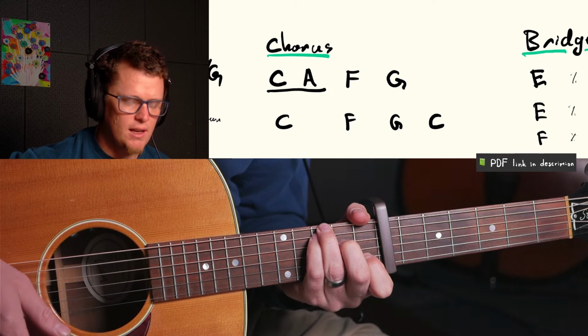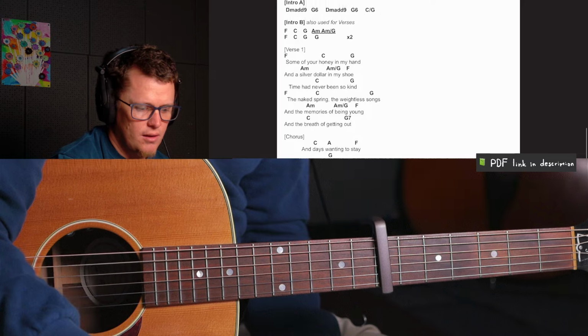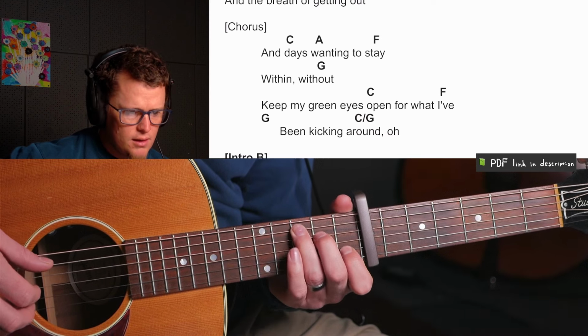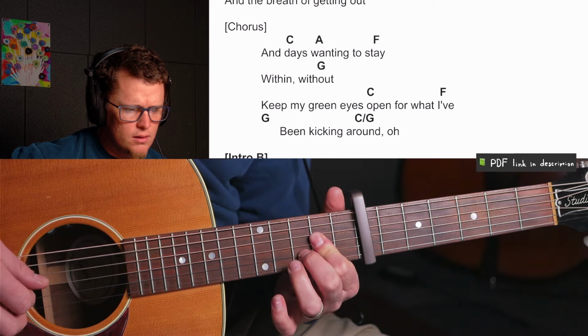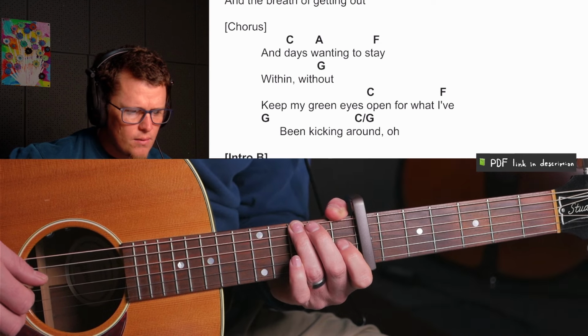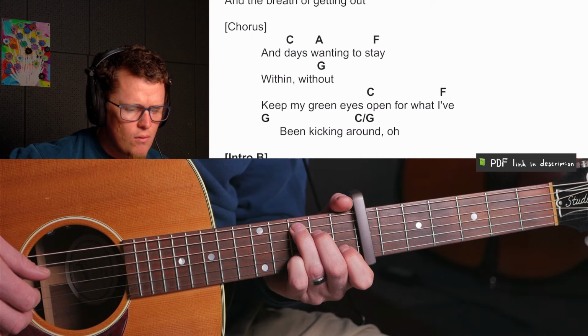That's what it is slowly. Let me just go over the specific parts, and I'm going to go to the chords and lyrics section of the PDF. So we get wanting to stay without keep my eyes open for what